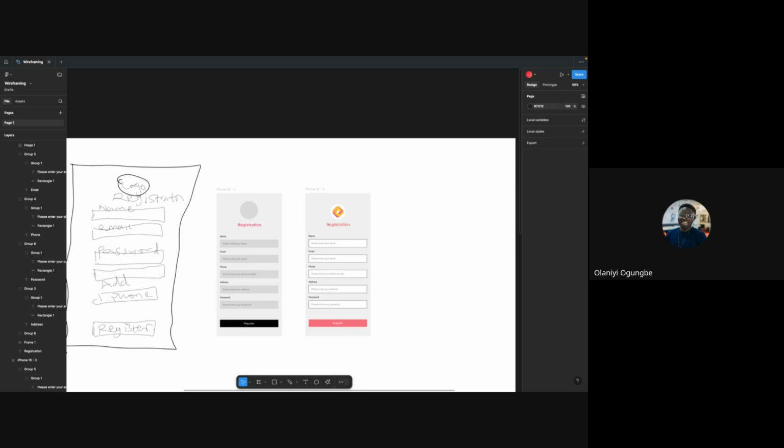Victor says, does the material design component have a standard button size and text size? Yes, they do. They most definitely do. Just Google material design system. You will see all of the standard button sizes, all of the standard text sizes. But have this at the back of your mind. The material design system was initially built for Android operating system.